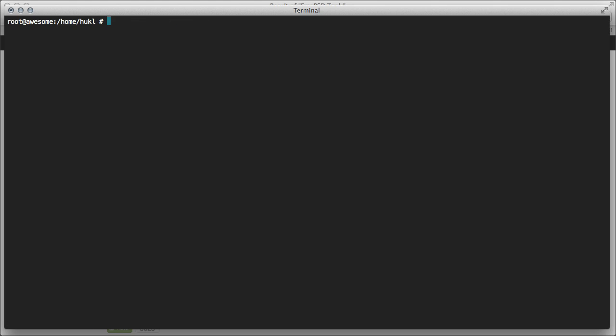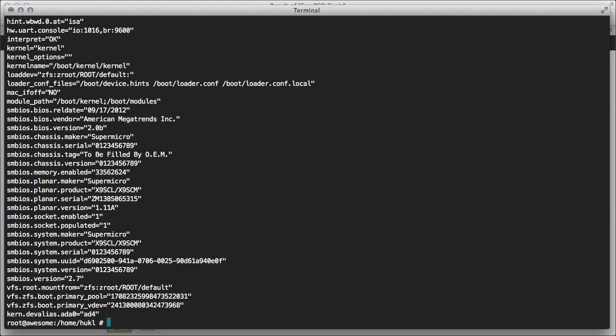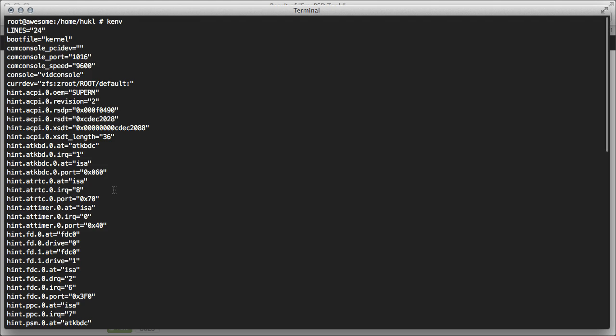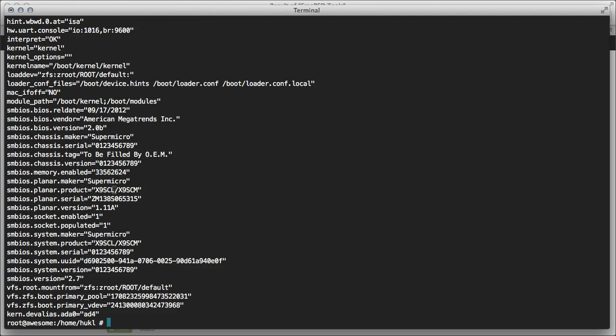Then regarding your overall machine configuration, there's a command called kenv, and that will read out some BIOS values, for example, also the chassis, vendor, a motherboard serial number in case you need to upgrade the BIOS or any kind of firmware. It will include a couple of other interesting pieces of information,